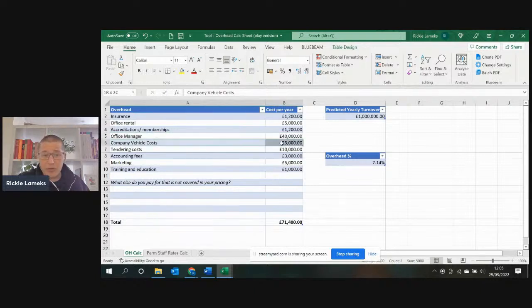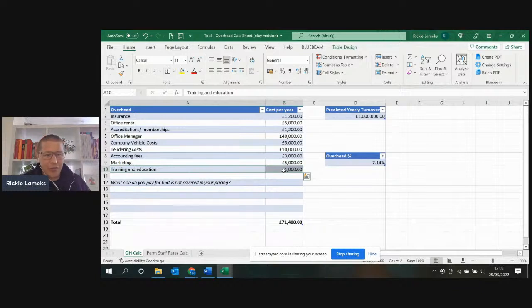I've got company vehicle costs, tendering costs, particularly if you outsource some of that. I've got accounting fees, marketing expenses, so the website and anything else that you might do, and some training and expenses, etc., etc.